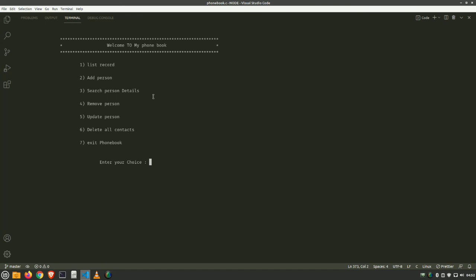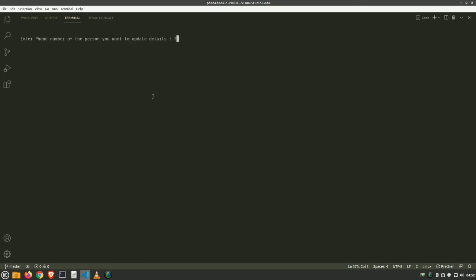After that, removing a person. But before removing, we want to update someone. So press 5, update, and enter the name. Here the name is Rohit Singh, and we are updating it with Anuj Singh.